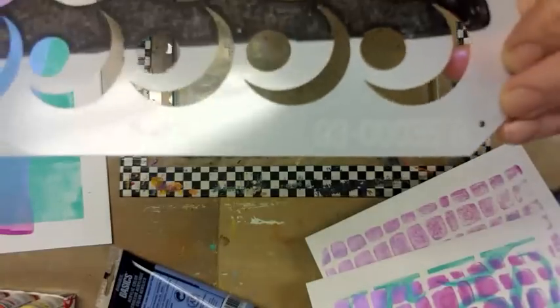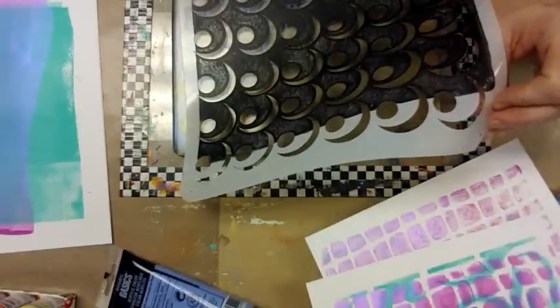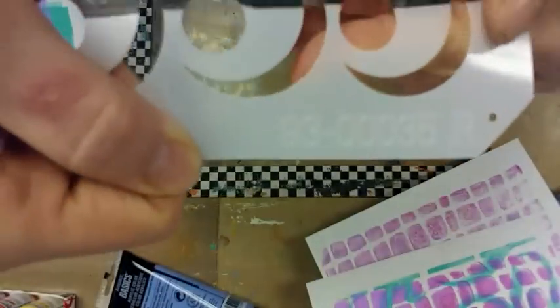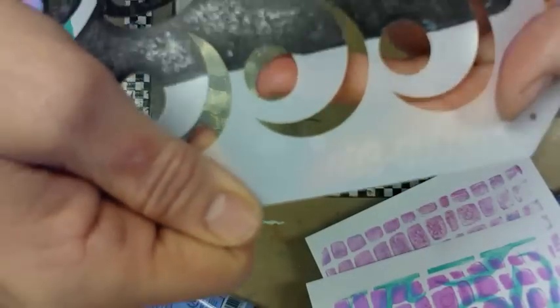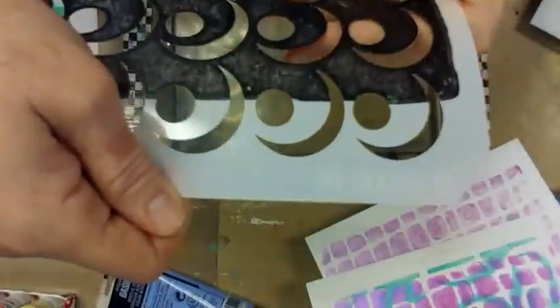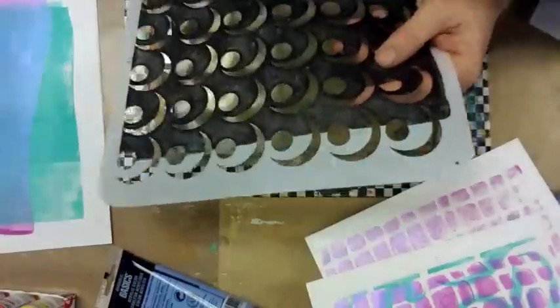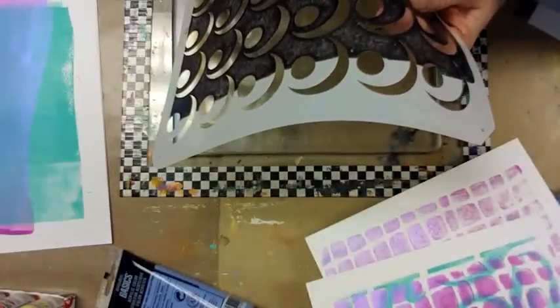Can you see that? Wait, let me look. Hang on. Let me move something on my screen here so I can see if you can see. How can I do that better? Put my hand behind it, perhaps. Man, there's a sweet spot there. I'll just keep saying the numbers. 93-00035. So, what I really like about this stencil is...